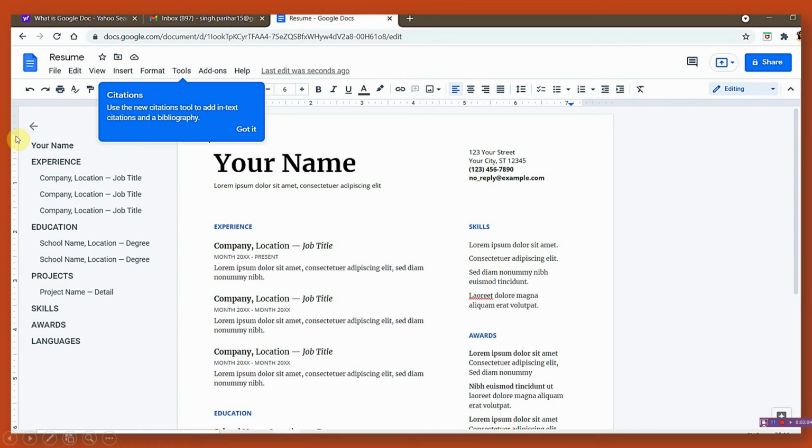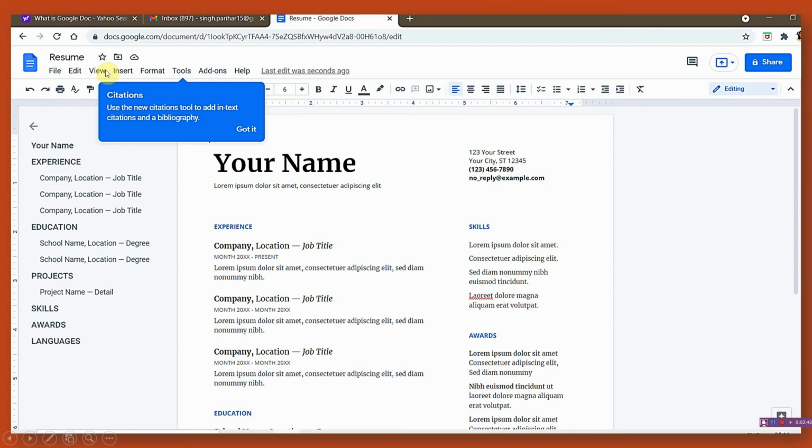So let us see how it looks. See, this is a screenshot, or this is a pro forma, of a Google Doc. And in Google Doc you will also get a lot of templates, ready-made templates. For example, this is a template of a resume which I have selected in Google Doc. See, resume of Google Doc. This is a ready-made template which was available on the Google Doc. In this way you can create your resume. See, it is a very unique way to create a resume. Like you have to write your name here, experience, education details, skills, and awards. In this way you can create a resume.